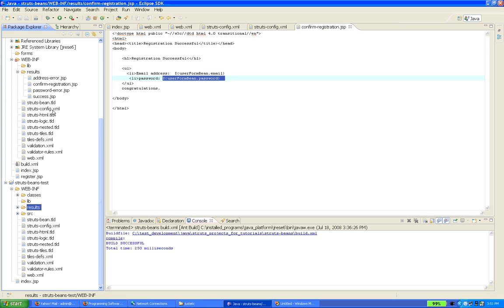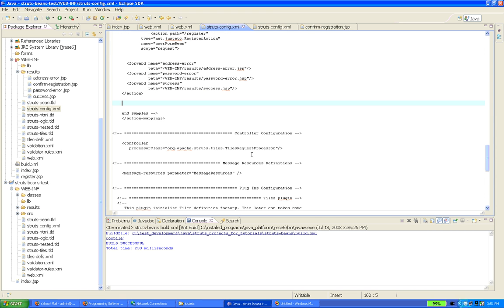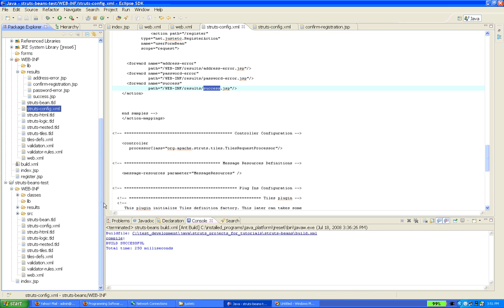What do you have to do actually in struts config? For the success, I'm providing success.jsp. You can just provide confirm registration.jsp. It should work great. So okay,